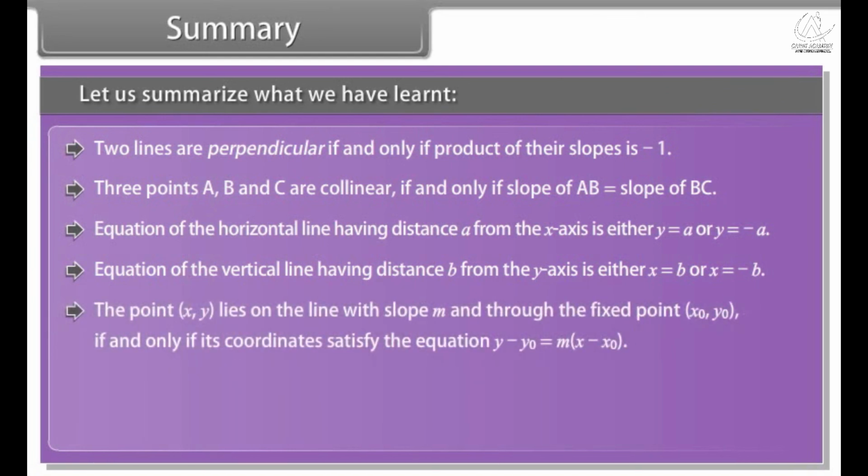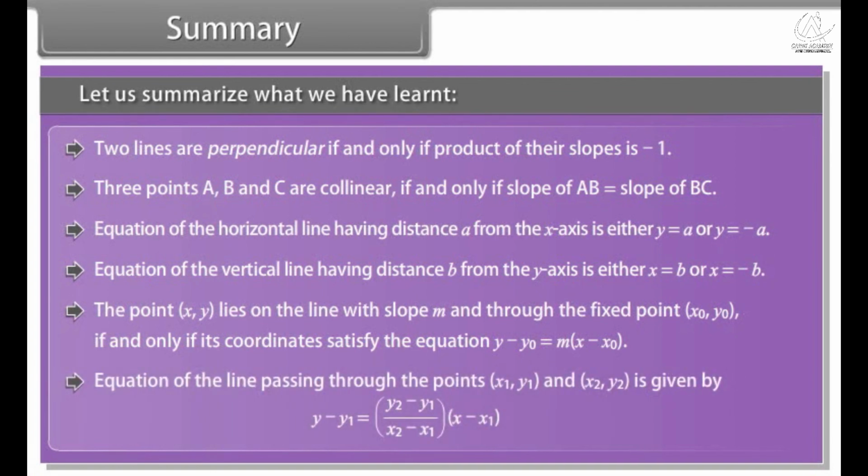The point (x, y) lies on the line with slope m and through the fixed point (x0, y0) if and only if its coordinates satisfy the equation y minus y0 is equal to m into (x minus x0). Equation of the line passing through the points (x1, y1) and (x2, y2) is given by,